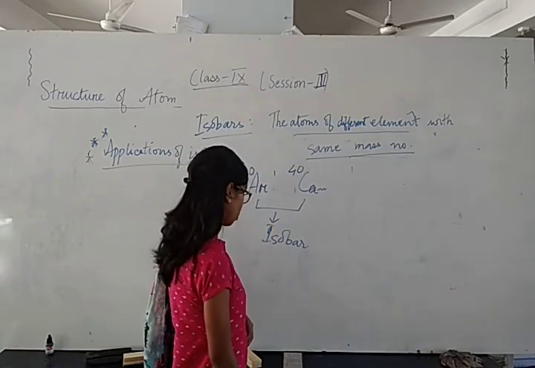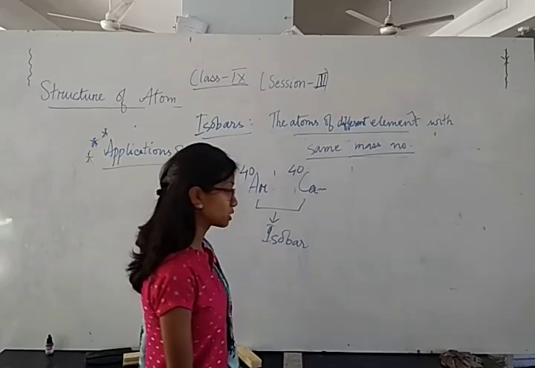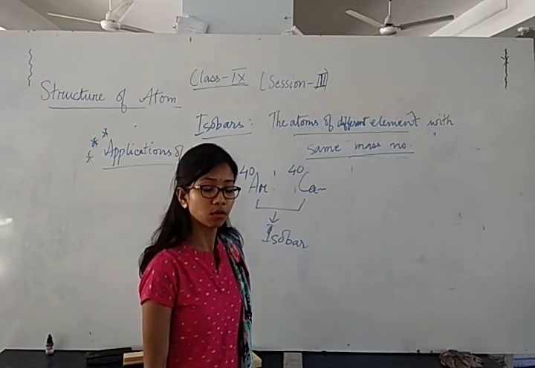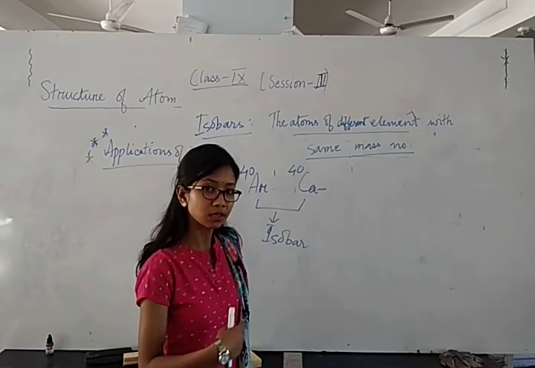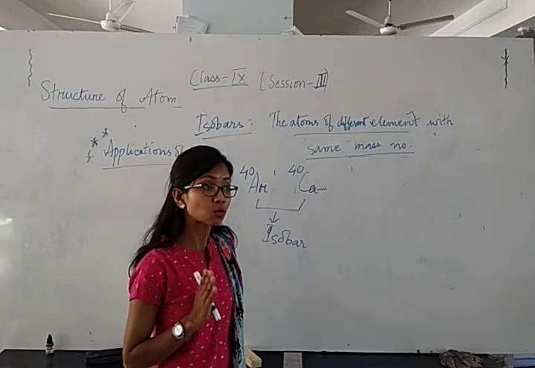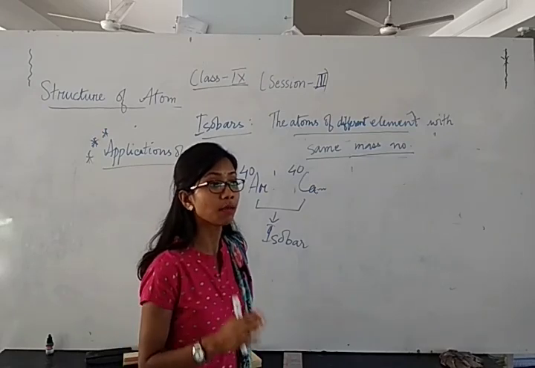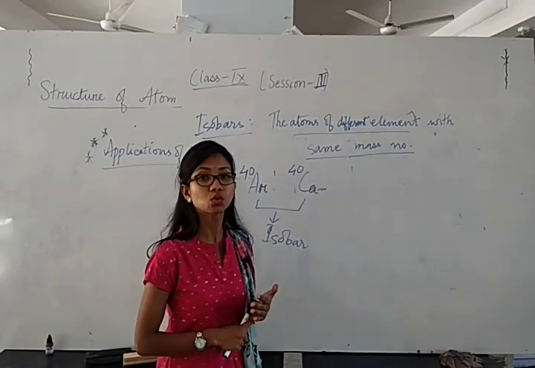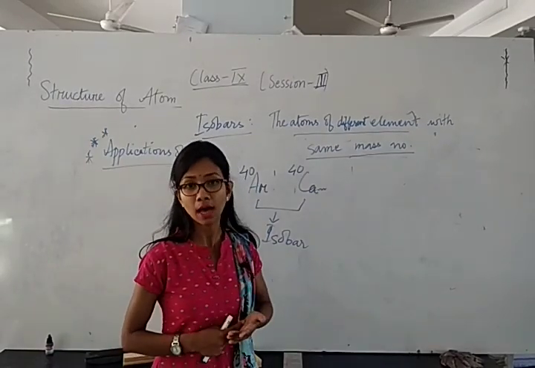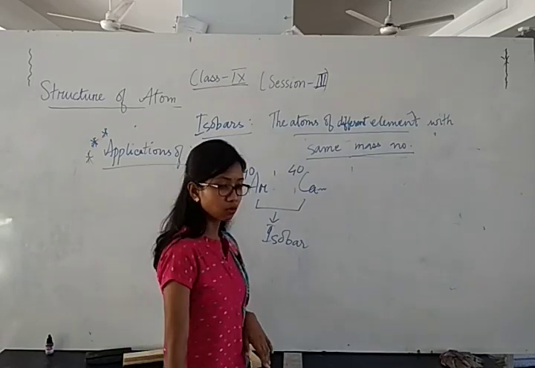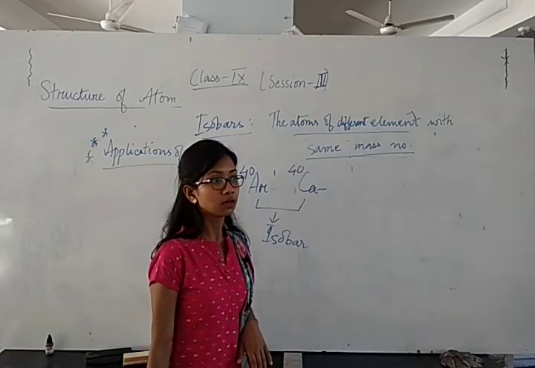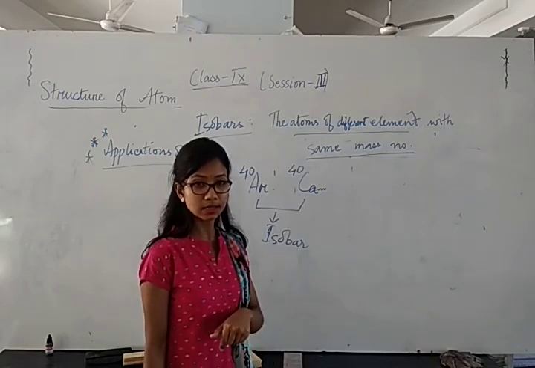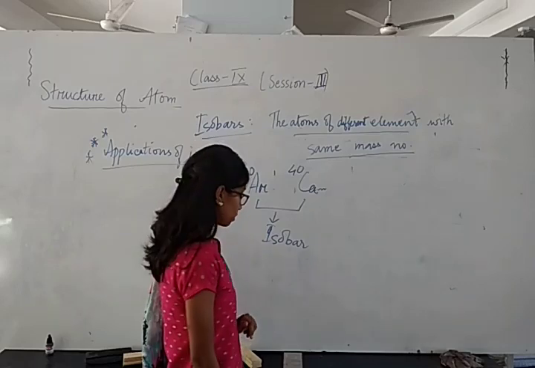Secondly, an isotope of cobalt is used in the treatment of cancer. Write it in your copies from the book. I am not writing here. Please go through this. Which element's isotope is used for the treatment of cancer? This question comes, so what will you write? Cobalt. I think this question came in the 2019 final exam of class 9.